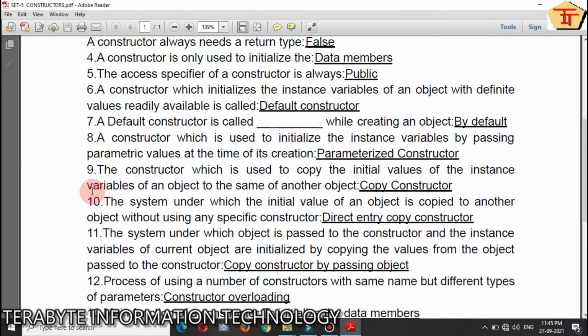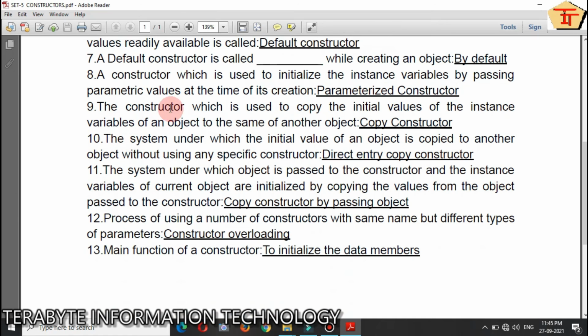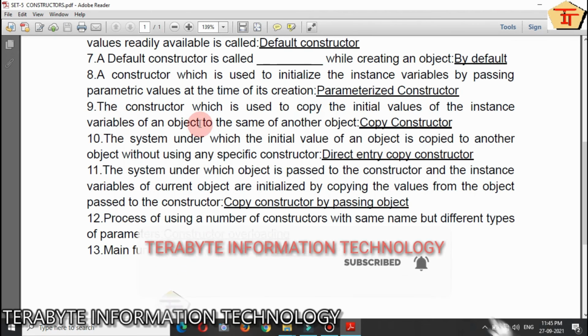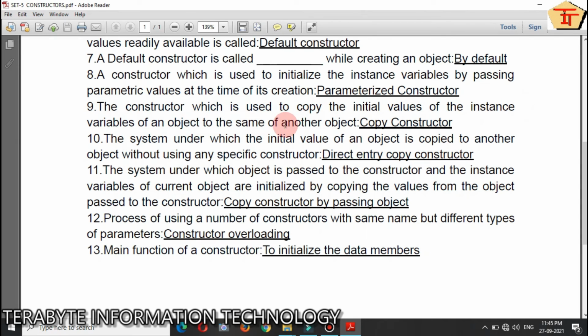Question number 9. A constructor which is used to copy the initial values of the instance variables of an object to the same of another object. The answer is copy constructor. Question number 10. The system under which the initial values of an object is copied to another object without using any specific constructor.